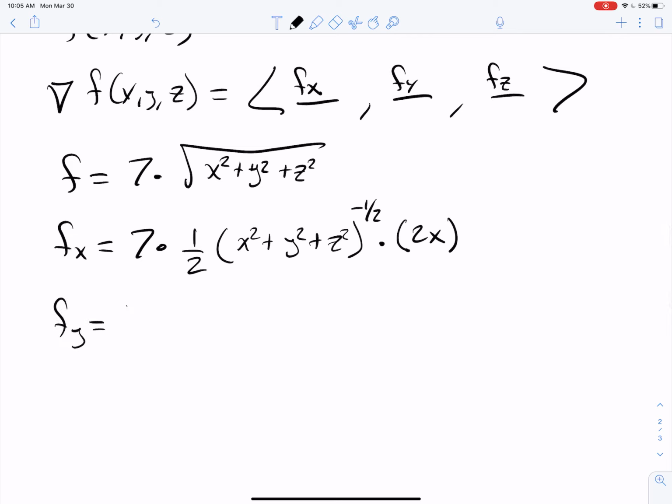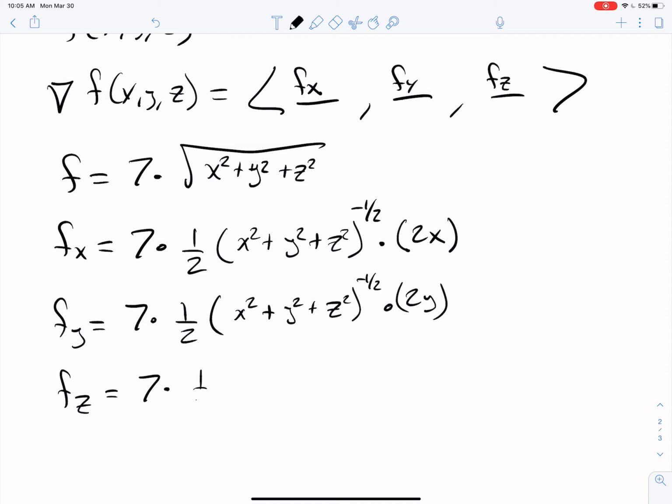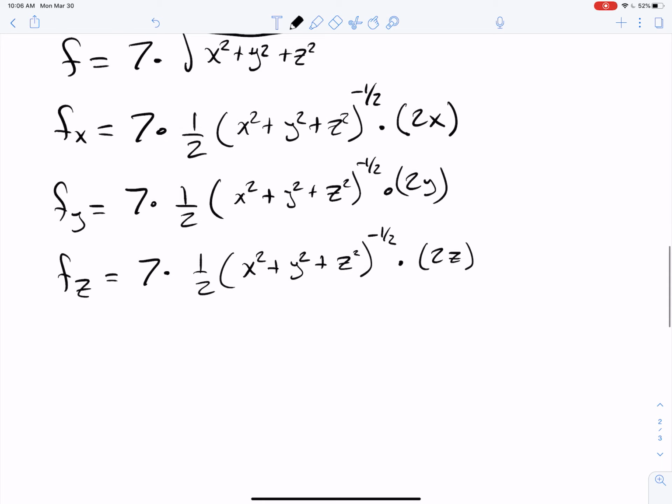The y derivative will be 7 times 1/2 x squared plus y squared plus z squared to the negative 1/2 times 2y. And the z derivative will be 7 times 1/2 x squared plus y squared plus z squared to the negative 1/2 times 2z. And then the gradient will then be, we could do a little bit of canceling here if we wanted to, 1/2 with the 2, 1/2 with the 2, 1/2 with the 2. We're going to get,